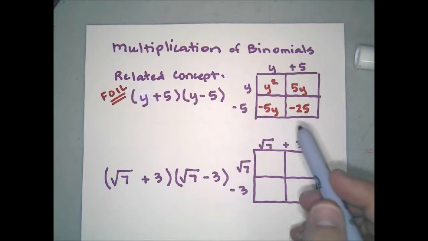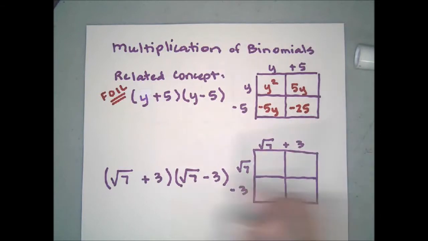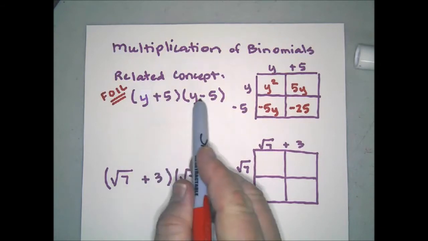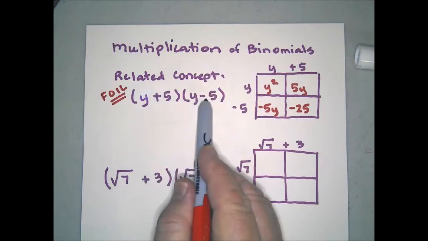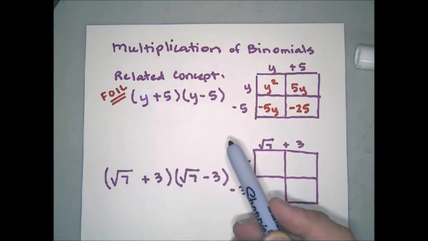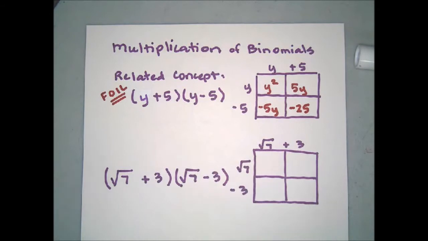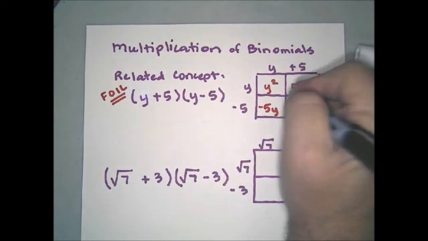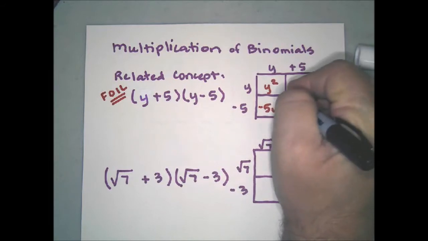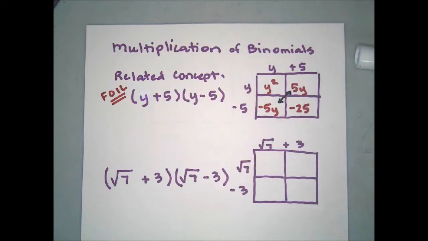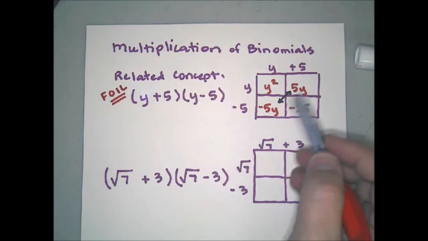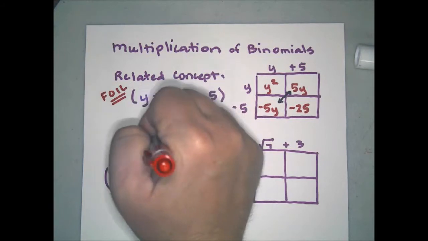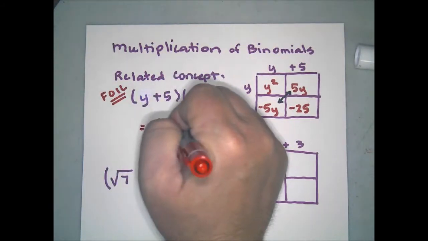Now what's going to happen on a difference of perfect squares, which is what this is. These are basically the same thing with the exception one of them's a plus and one of them's a minus. So it's a difference of perfect squares. The two middle terms are always going to cancel each other in a difference of perfect squares. They're going to be opposites of each other. So when it's time to simplify, they basically wipe each other out, and you're left with y squared minus 25